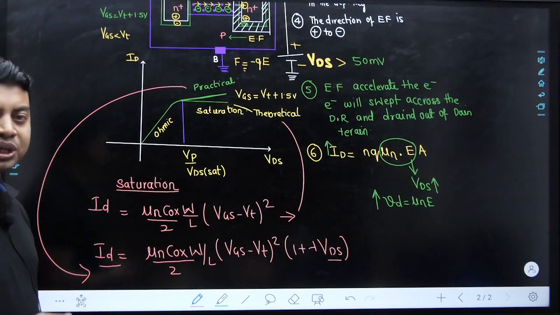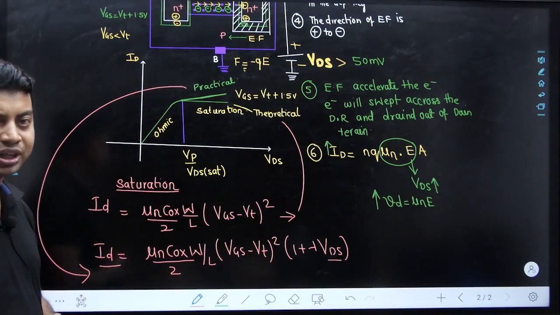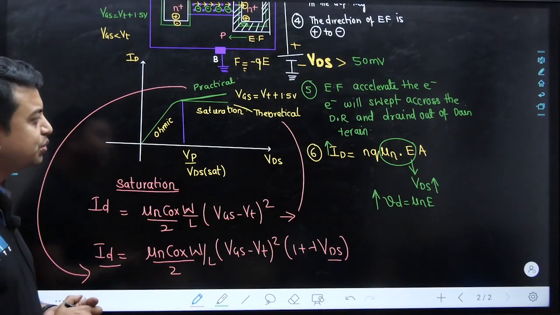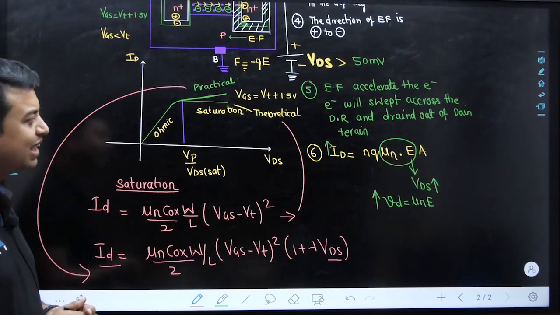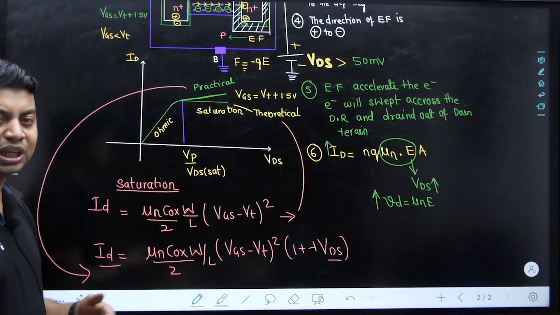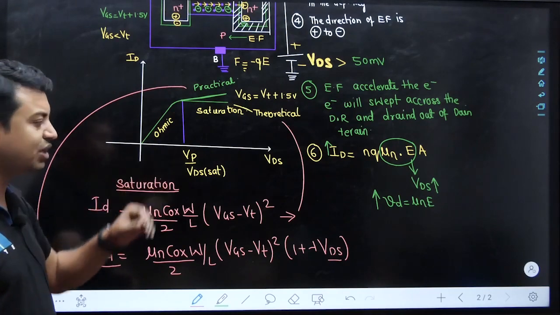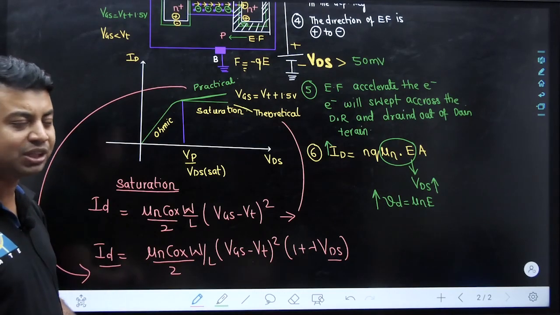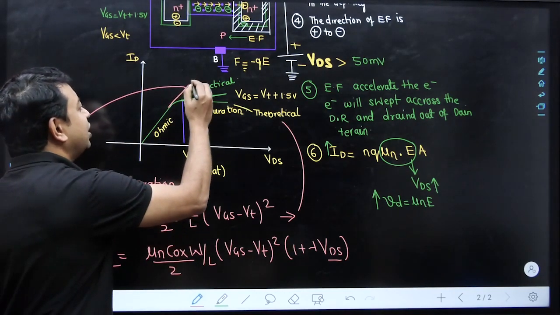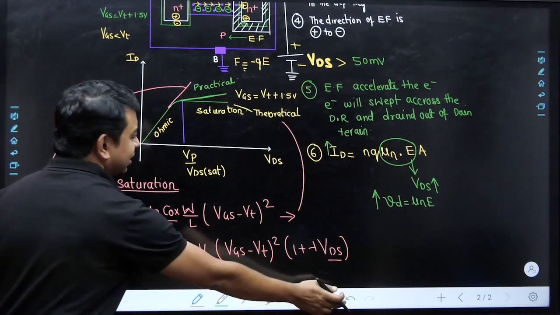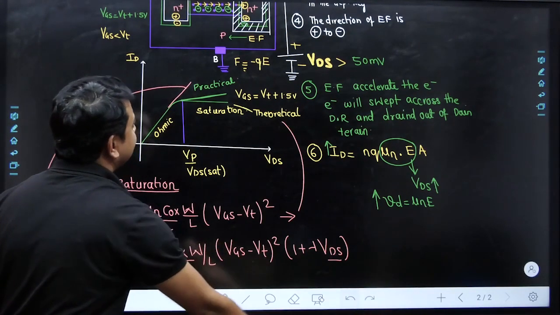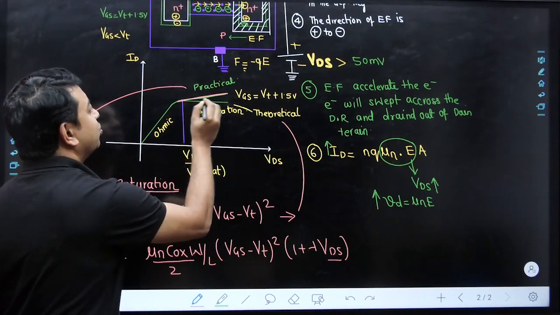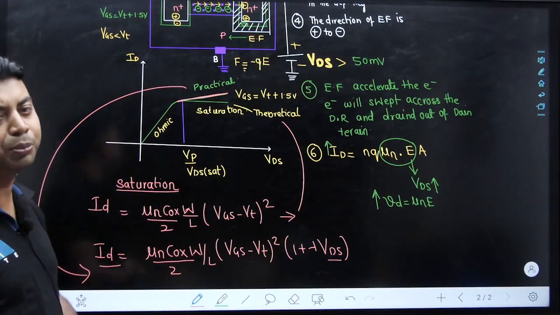So this is one scientist who has added this concept, whose name is early effect, and we are going to understand what is early effect, what is channel length modulation also. But right now we have the concept that as we increase the value of VDS more and more, initially the magnitude of current is increasing, but because of less conductivity of the channel and more depletion region, the magnitude of current, instead of going like this, will go like this, and we are having a non-linear region that can be drawn here. And after this the magnitude of current is also increasing with respect to VDS, and the slope will be a positive value.